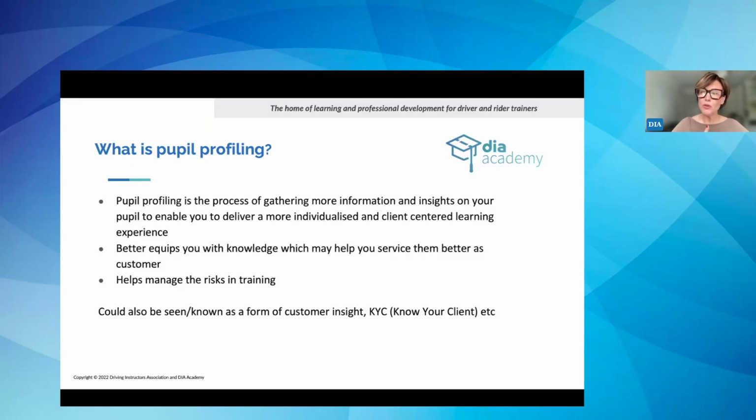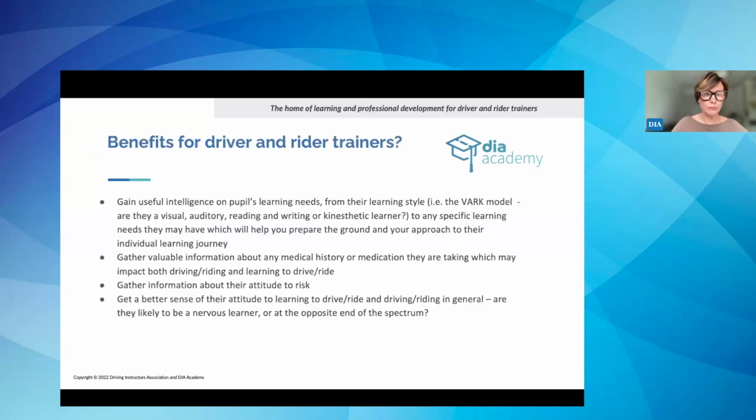Because if you know more about your pupil before they get into your biggest asset, well, biggest monetary asset, your vehicle, but work with you, the person who delivers the training, the pivot on which your business turns, which is actually your biggest asset in the business, yourself, you want to make sure that you, the pupil, and that big asset and other road users can be kept safe in the training process on road. So pupil profiling can help you identify some of the risks that people may present in the training environment before you even get on the road and risk those assets. So as I said before, this also can be conceived as something along the lines of what we used in financial services and still do, which is KYC, know your client.